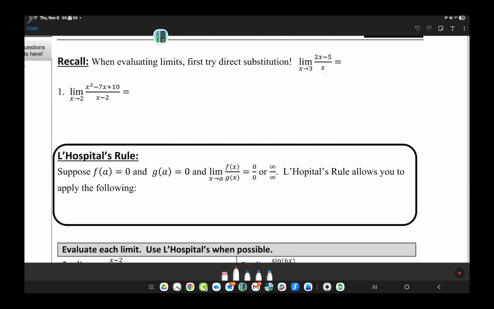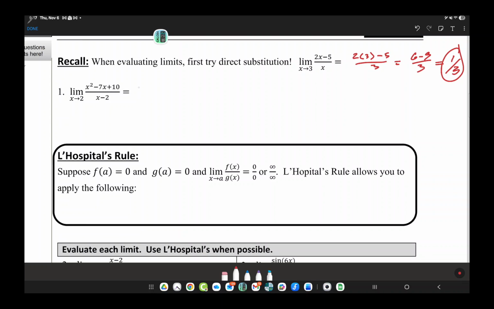x approaches 3 of this function. Nice thing is we can just plug it in and get 2 times 3 minus 5 over 3, which gives you 6 minus 5 over 3, or 1/3. That's fine. We're done. That's the limit. Everybody's happy. All right. But what happens when I put the limit as x goes to 2 into the next